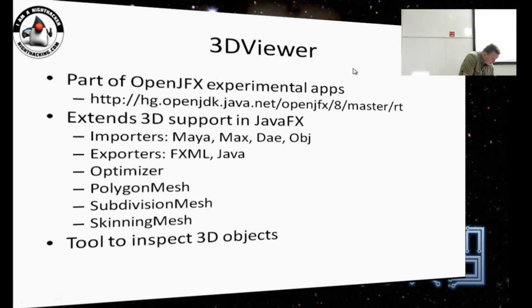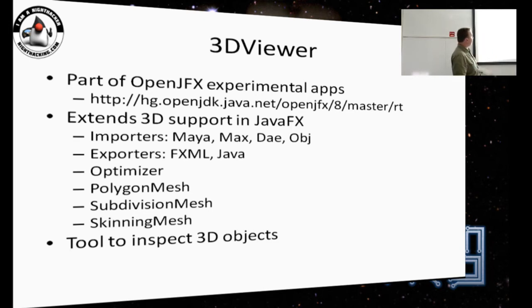So where are my slides? What else can the 3D viewer do is that it can export your 3D object. If you were successful in reading it, you can then export it as FXML, which is the JavaFX format for representing JavaFX nodes and structures, which is supported by JavaFX.